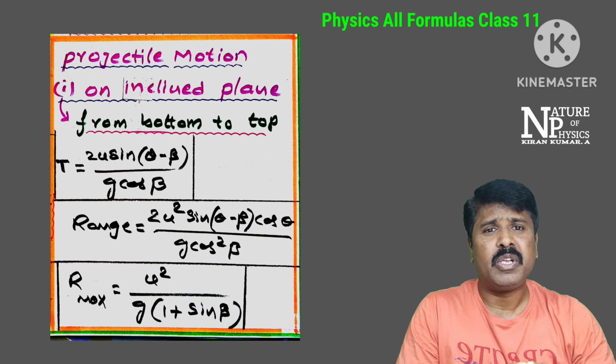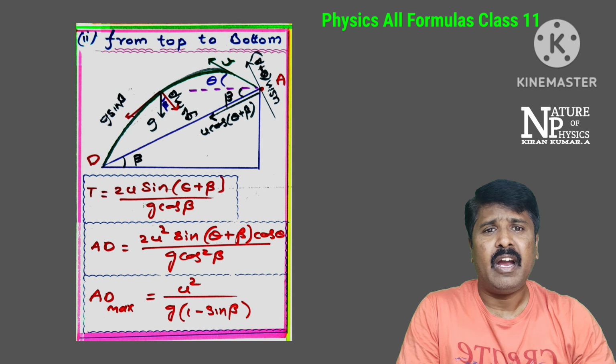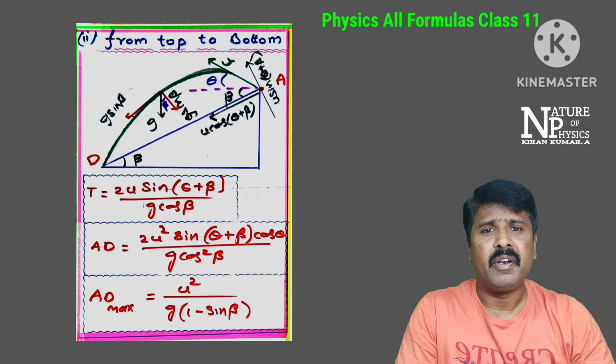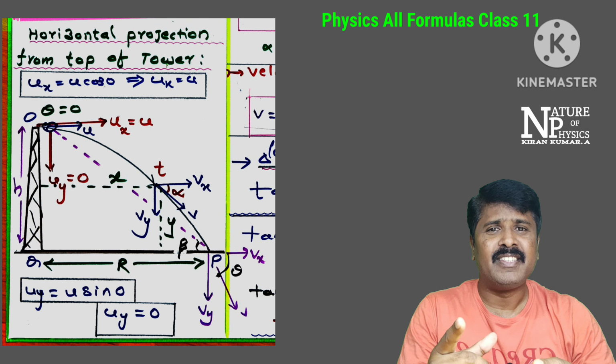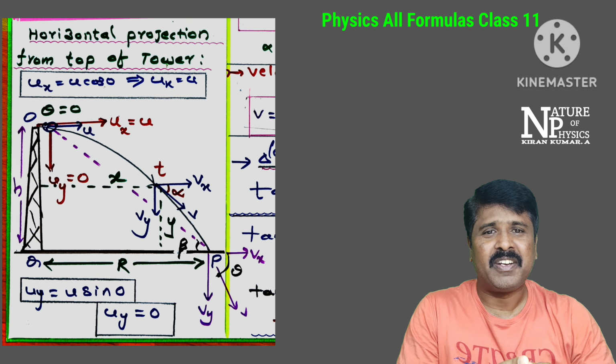And projectile motion on the inclined plane, that is from the bottom to top, range formula gave you time period, and also from the top to bottom also clearly given time period and horizontal range, including one diagram. And next one is horizontal projection from the top of the tower, sorry I made a mistake there, here given horizontal